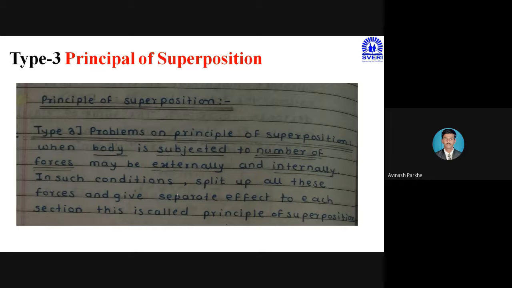So once again I am repeating, in type number 2, that is bars of varying cross section, all the 3 sections are subjected to only one external load which is applied externally. Whatever P amount of force is applied, this P is an external force, and this same P we are considering for section 1, section 2, section 3. Therefore, we have taken that particular P parameter or load parameter outside the bracket because it is constant for all the 3 sections. But this condition will not be applicable in this particular type number 3.